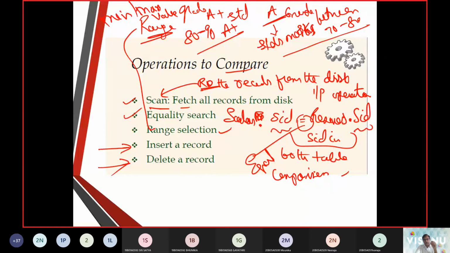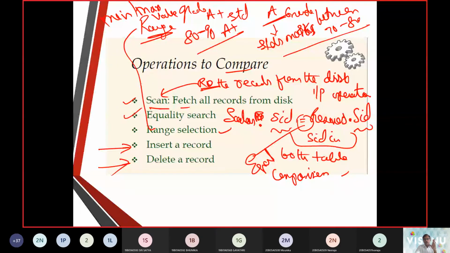Next one, we make a comparison operation with an equal to. SID is available in both Sailors and Reserves. So there we compare SID with SID. Third one, we give a range. When we give a range, it is bounded with a maximum value and a minimum value.